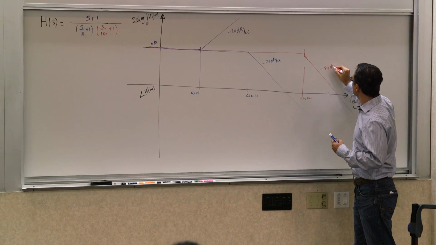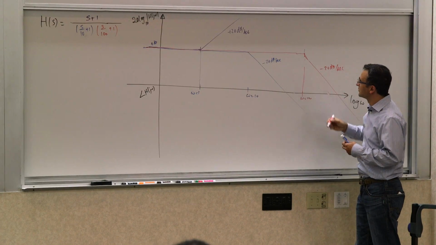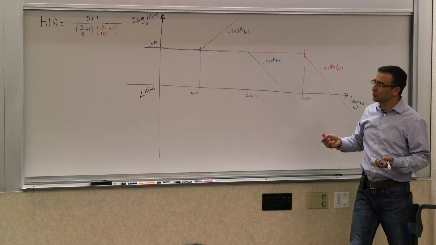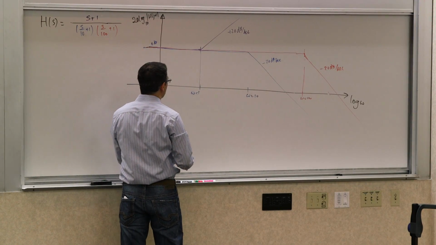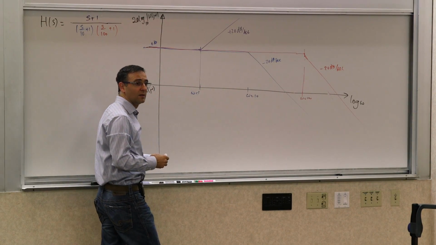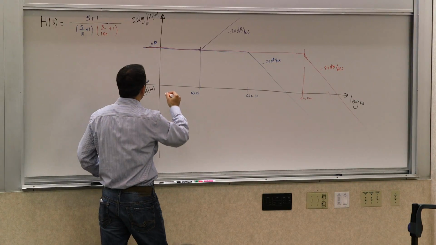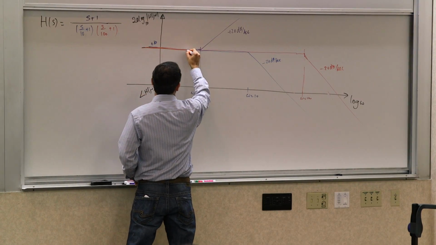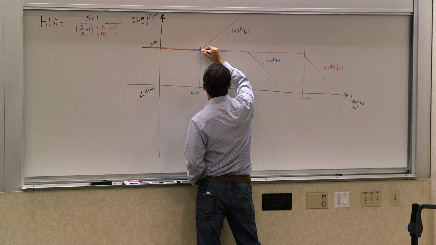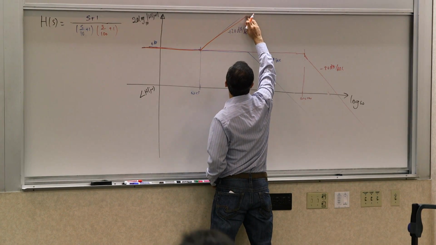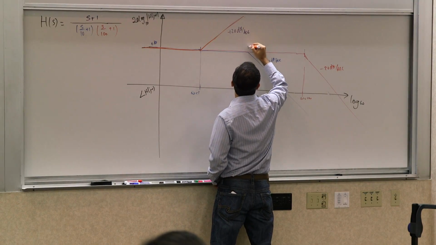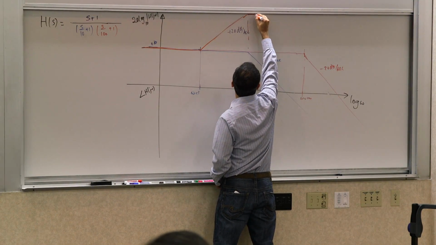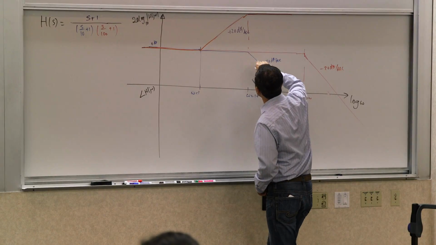Negative 20 dB per decade. So the magnitude part of my Bode plot is really the sum of these three. The asymptotes, right? So what are the asymptotes like if I were to do this? Up to here, I have 0, so it keeps going up. And then when you hit here, you become flat because you have this adding to that,